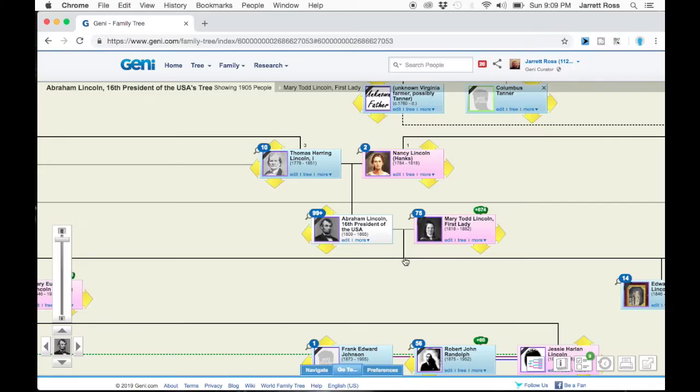Hello everybody. On today's genealogy tutorial, I will be discussing how to navigate the world family tree on Genie.com. For today's example, I will be using Abraham Lincoln's family tree, and we'll be viewing it in what's known as